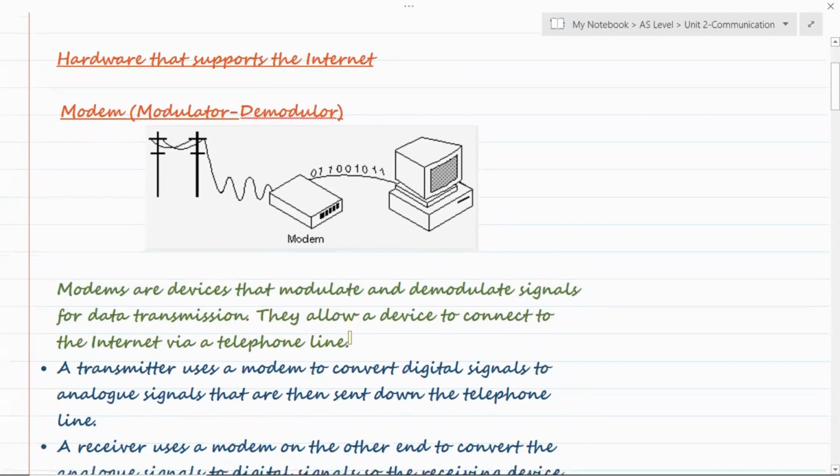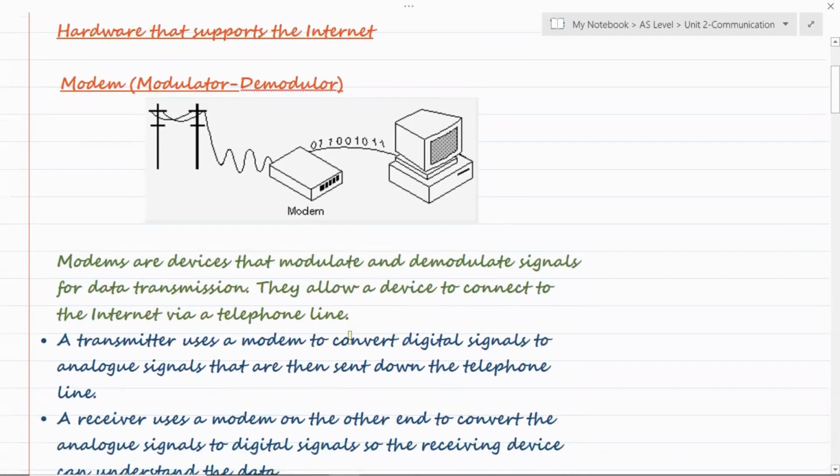So let's start. Hardware that supports the internet. We'll first learn about modem. So modem, as the name implies, it is modulator, demodulator, right? Basically, when